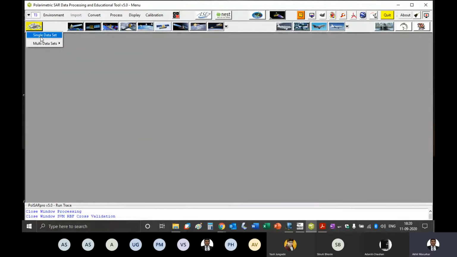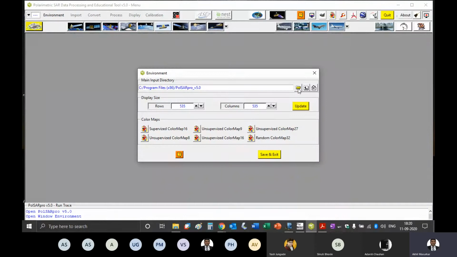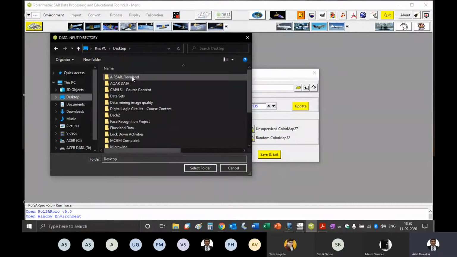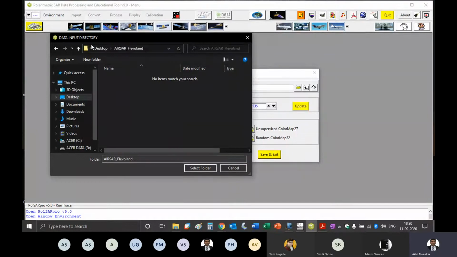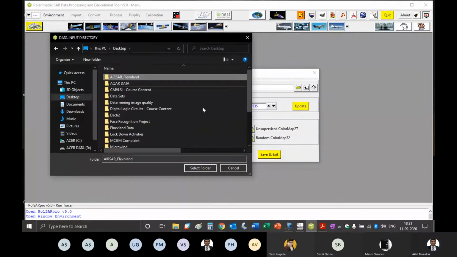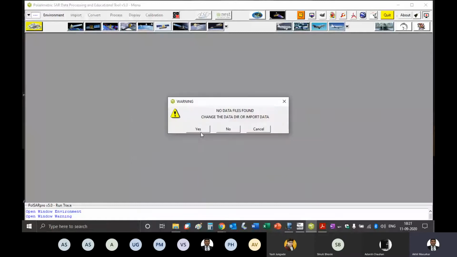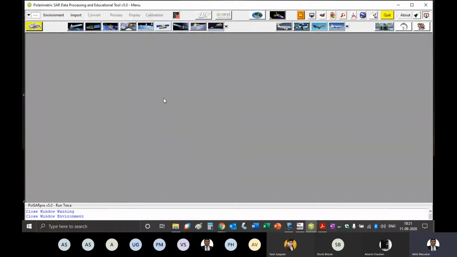Now the usual setting, you can say single data set, and then go to the environment and go to desktop where I have stored this, and give this folder as the path. Say select folder and just say save, and then you'll get this warning. You should say yes to it.